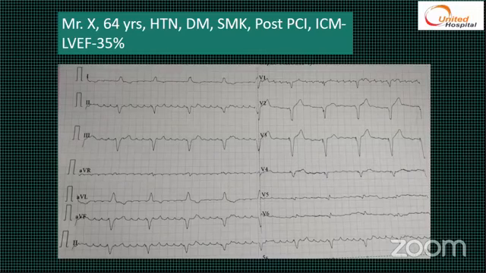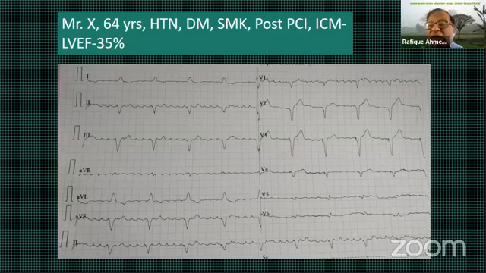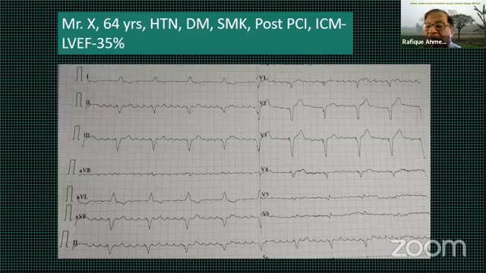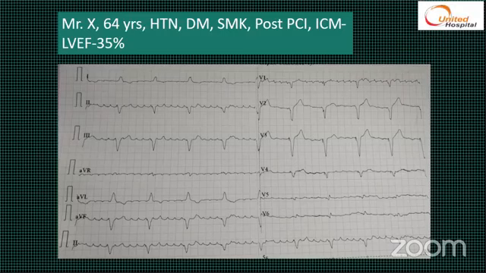I think this is the particular case. Well, at this point that's a moot issue because the patient came with COVID. So the question would be, once the patient has recovered, then we decide. Clearly, if the ejection fraction is that low and the patient is symptomatic, then one has to consider upgrading to a biventricular system. Of course, it's very easy for me to say, but you have to remember the financial constraint in Bangladesh. The question would be, one of the things that we do, if somebody has a device which has,